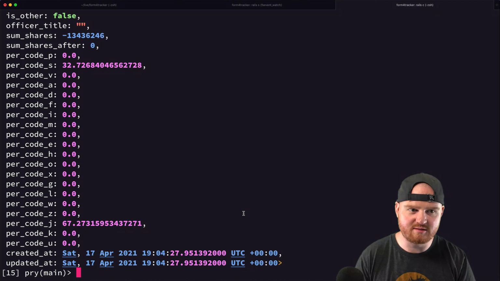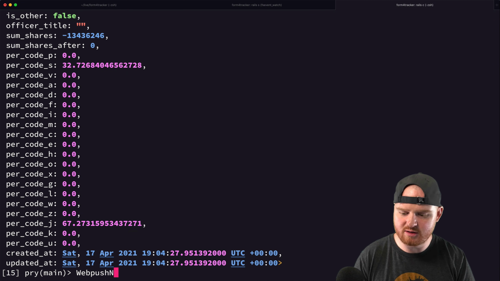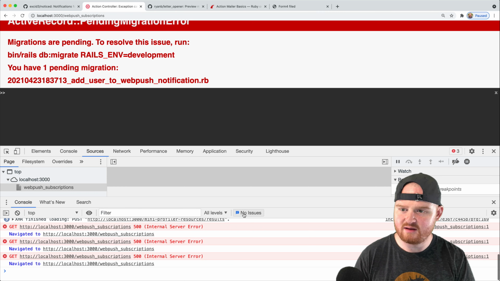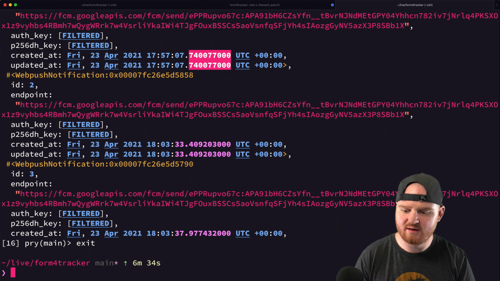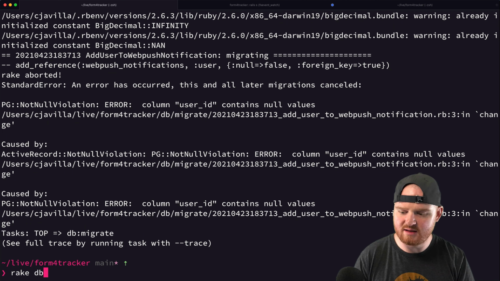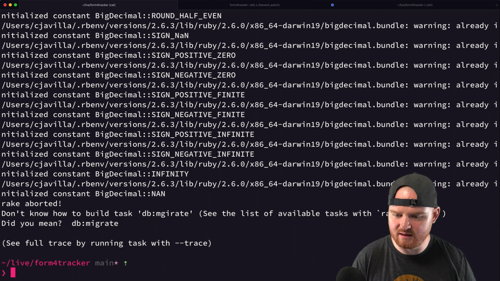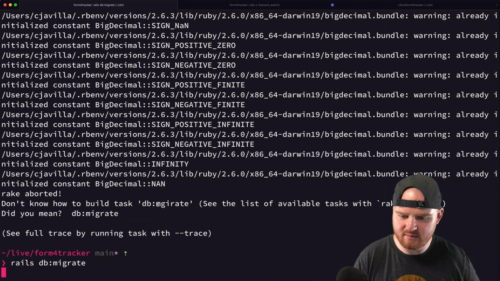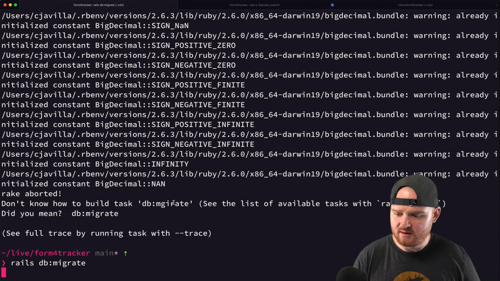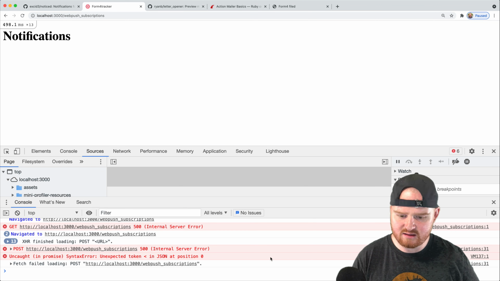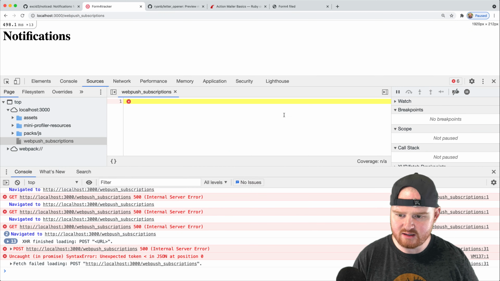Okay, so let's just delete everything. WebPushNotification.destroy_all. Okay. Refresh. No, we gotta rake db:migrate, rails db:migrate, and I spelled it wrong, migrate. Okay, rails db:migrate. All right, so we're gonna refresh the page here, and we got a 500 because what